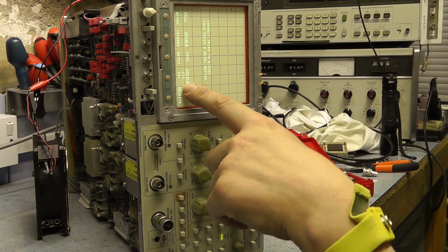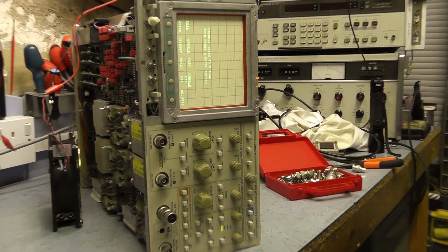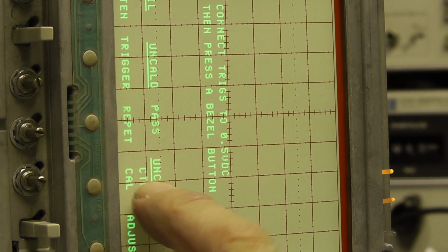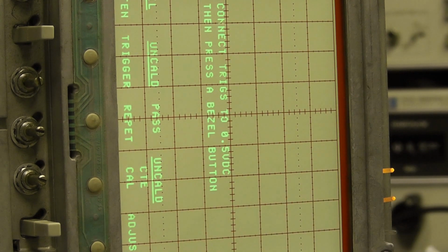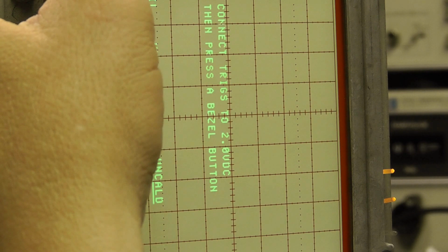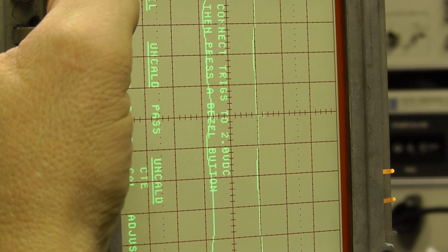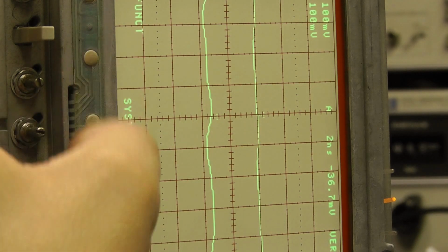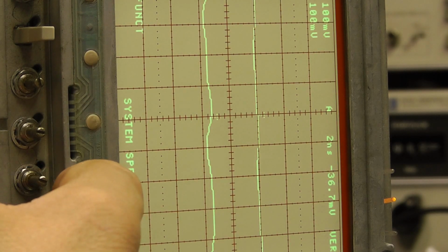This is the tricky one here, this CTE cal, and that's just this one here. This one requires a really fast rise time. Should be able to pass this one now actually. So, let's abort this. Let's see if I can run the one for the...